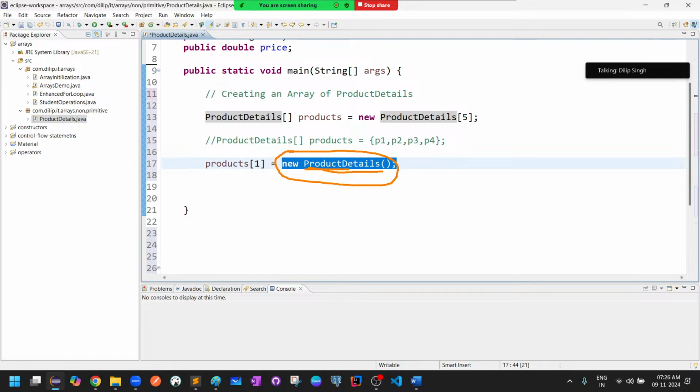Yes, an object of product details, and the data type of the array is also product details. That is the point I said: we can store only objects of that non-primitive data type inside the array. Now I created the object and I am putting it into index number one. Index number one. So what will happen immediately in this case is